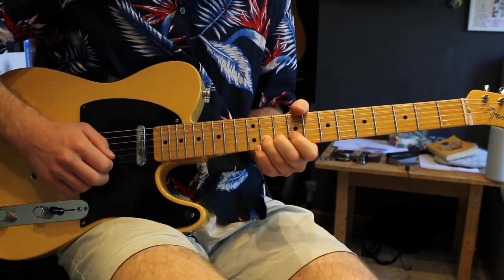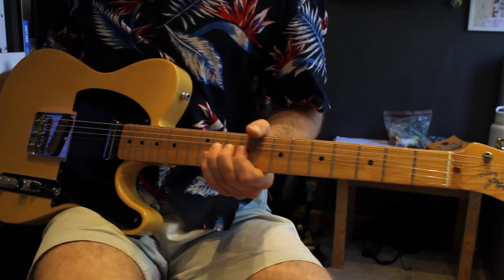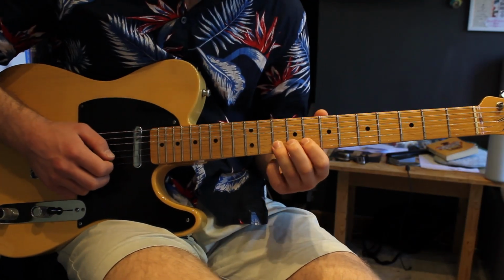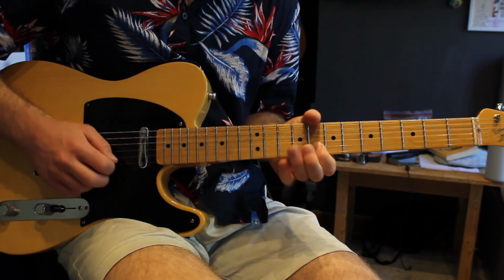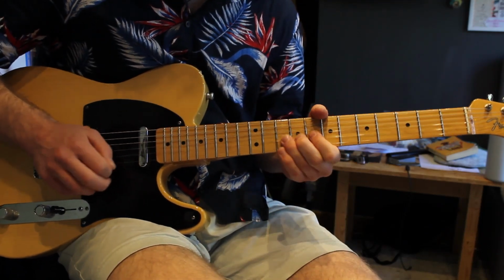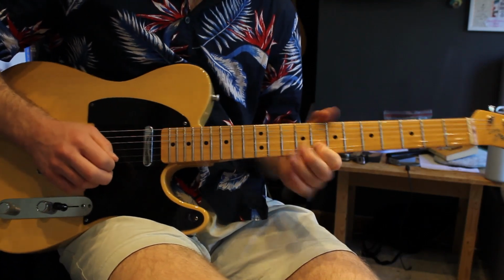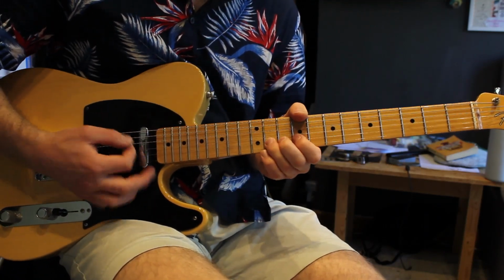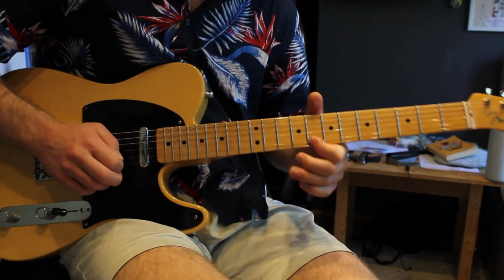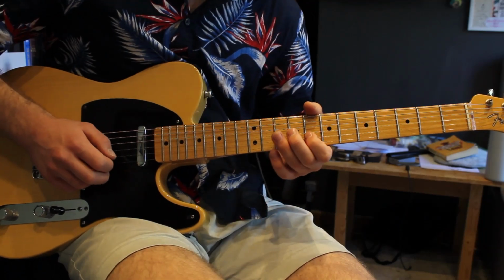Then we're going to bend up on the 11th fret of the B string, which is a full bend. You're going to do a half bend on the 10th fret after that, so all together. So it's sort of a full bend on the 11th, then a little quick bend on the 10th fret before you go back to this lick here, and that lick is literally